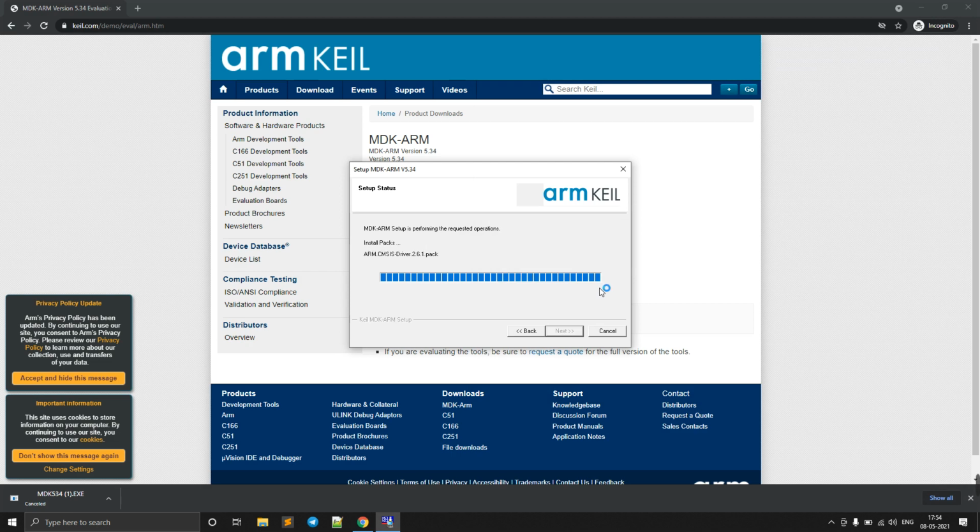Yeah, now it installed and it's extracting something. It's unzipping and extracting.